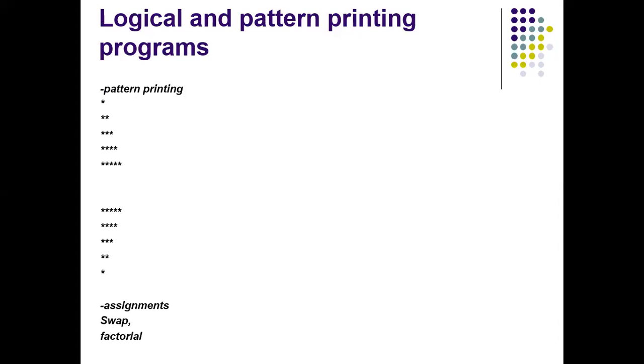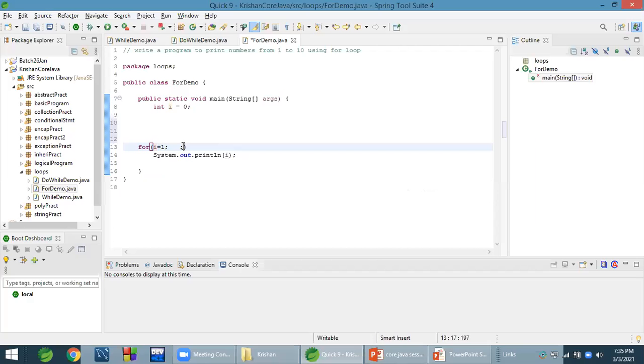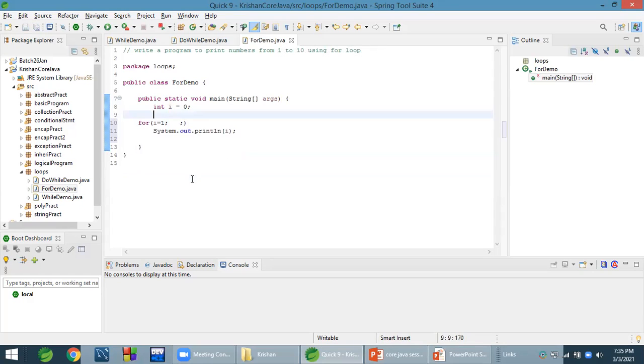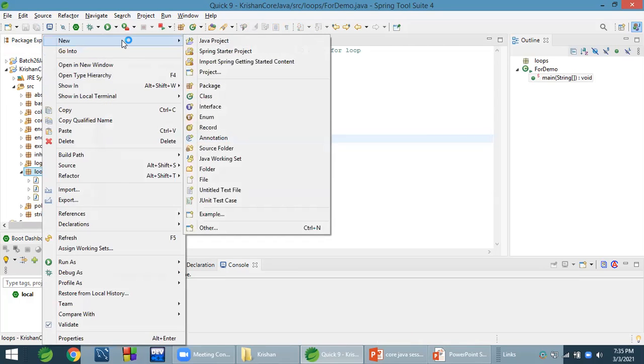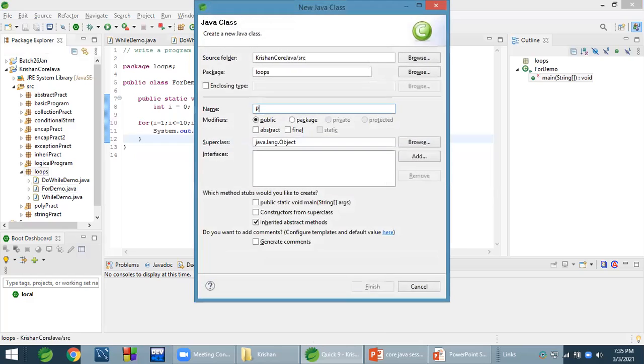We'll see some pattern printing programs. Pattern 1.